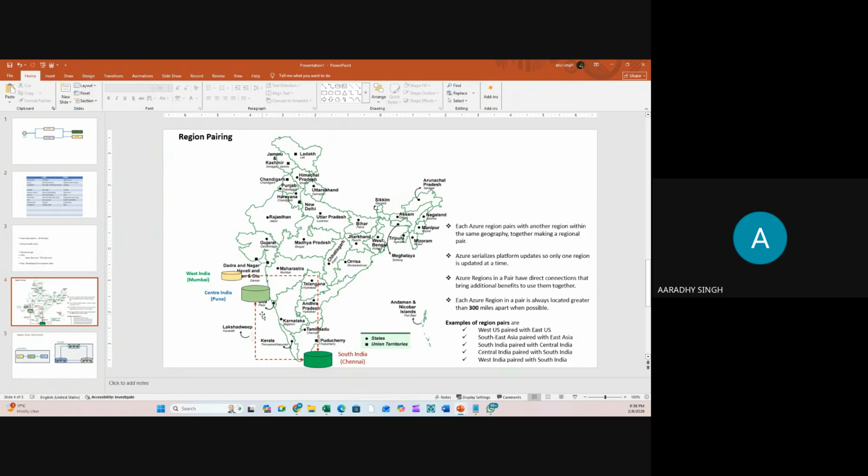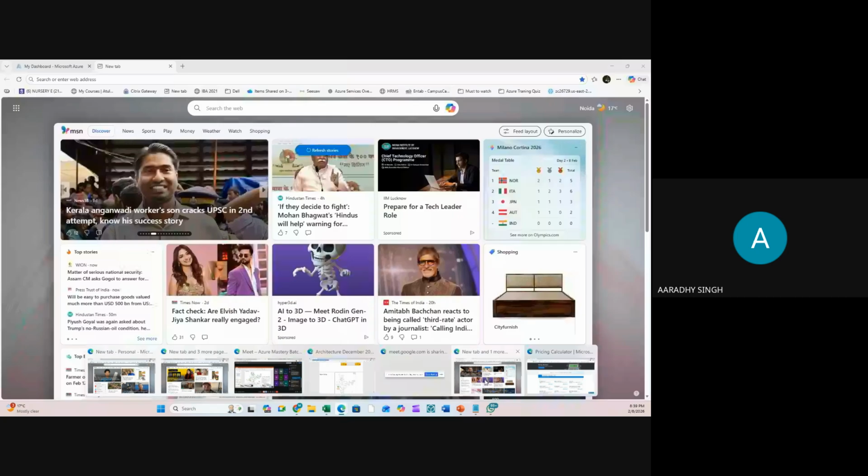Can it be outside the country? Once again, mostly it should be within the geographic location. It is possible outside the country in some exception cases, but mostly it should be available within the geographic location. Maybe in European countries, yes, it is. In Gulf countries, yes, it is. In Korea, yes, it is. But these are some of the exceptions. For example, in Germany you'll get two regions. France, two regions. UK, two regions. Let me show you why there are two regions.